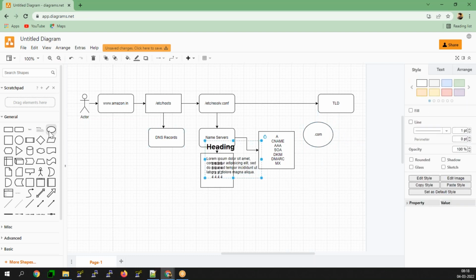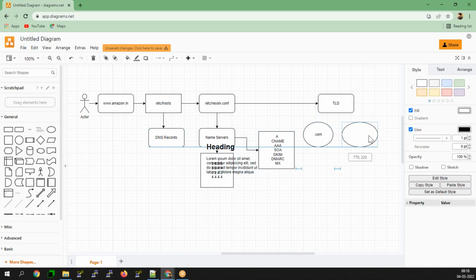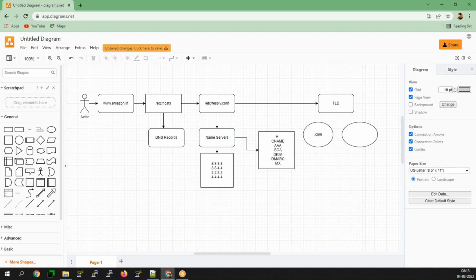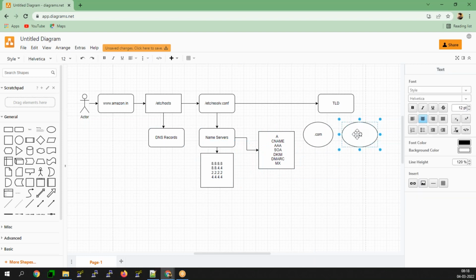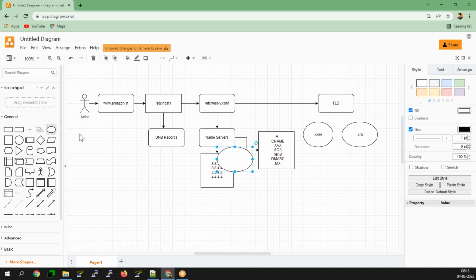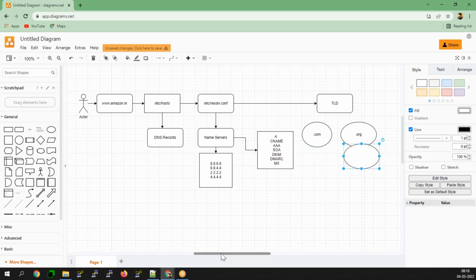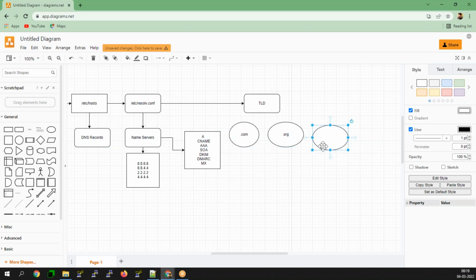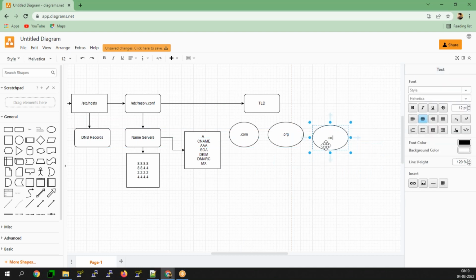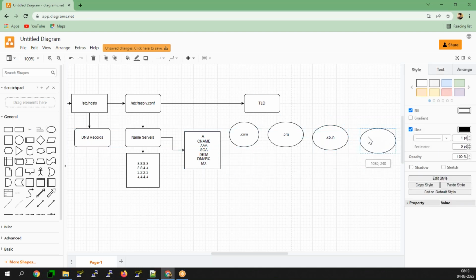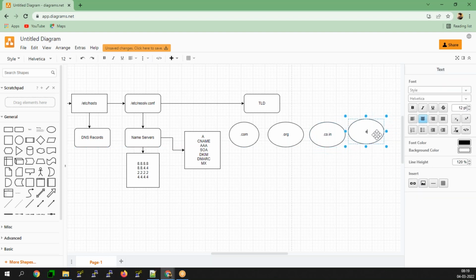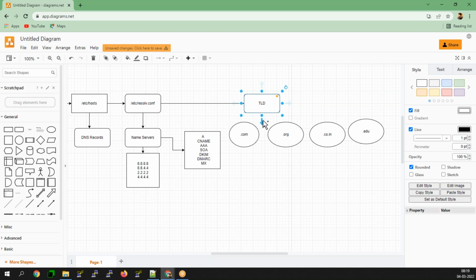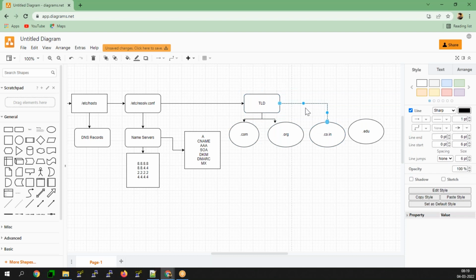.com, .org, .co.in, and .edu. So this is how it's going to happen here.